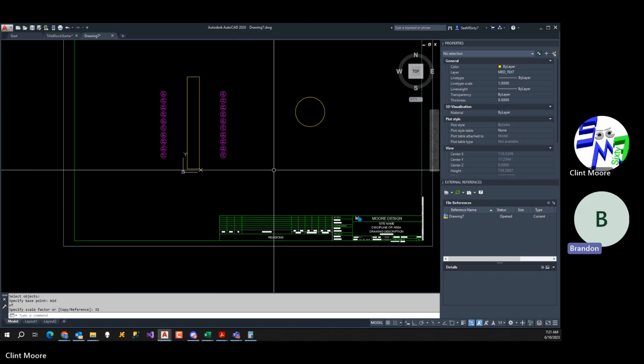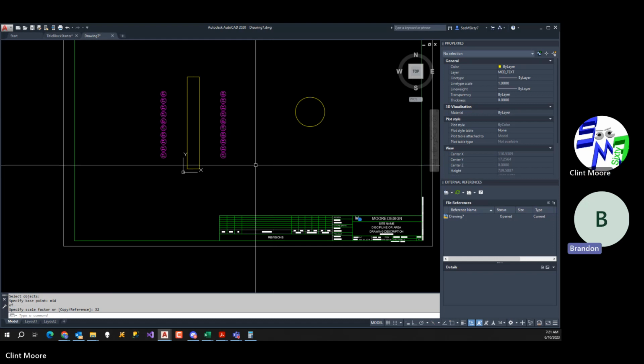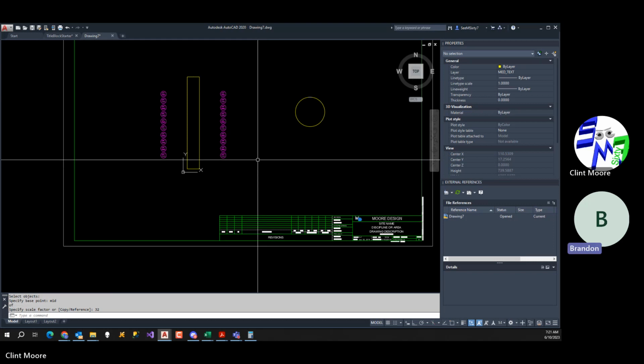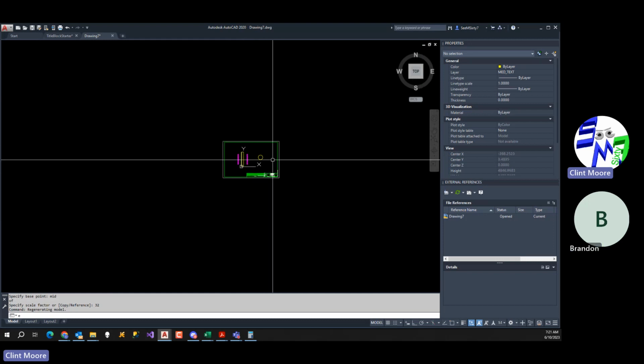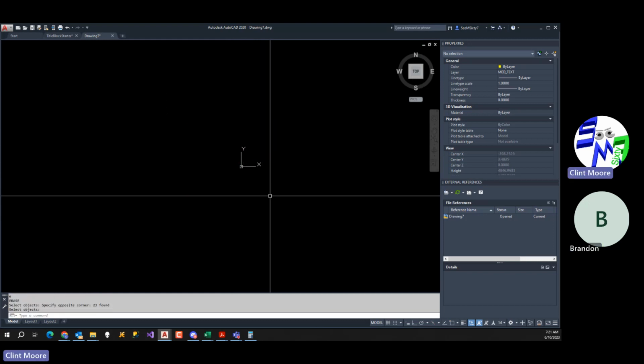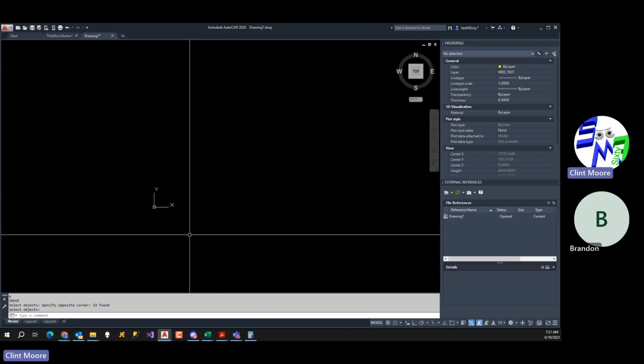Is it better to just draw your drawing how you're going to do it, and then scale it all down at the same time, or is it better to learn the discipline to draw things in the scale format? Okay, no, you don't draw anything in scale format. When you draw something, you draw it real size. So let's just erase all this real quick. So if you have a house,